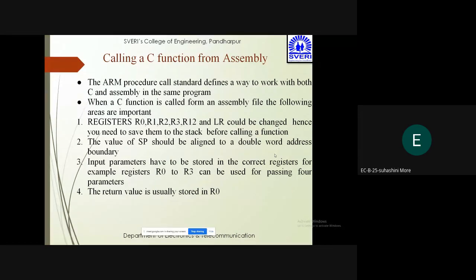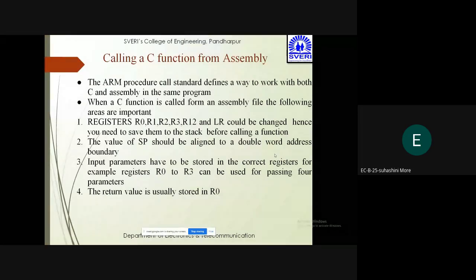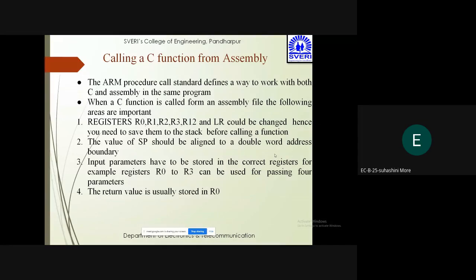Second, we will be calling the assembly from the C function. In the first case, when we are calling the C function from the assembly, at that time, the following things have to be taken into consideration. The first is the registers from R0 to R3, then your R12 and your link register, which is R14. That could be changed.